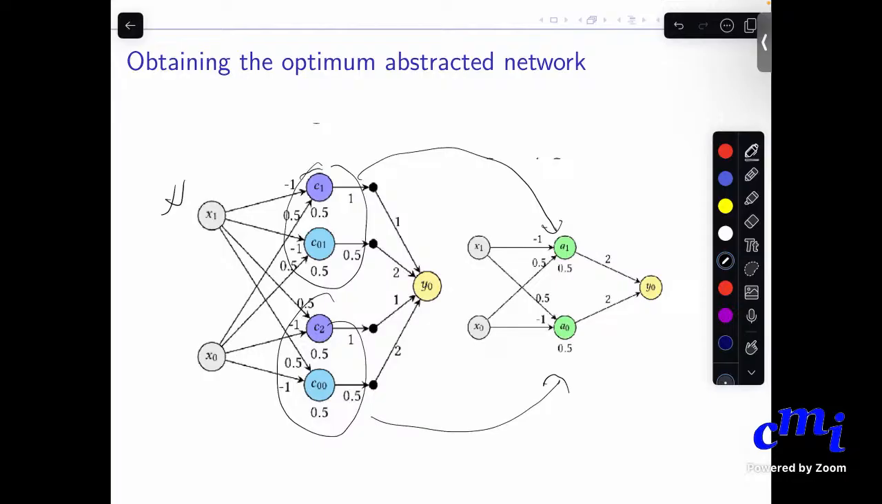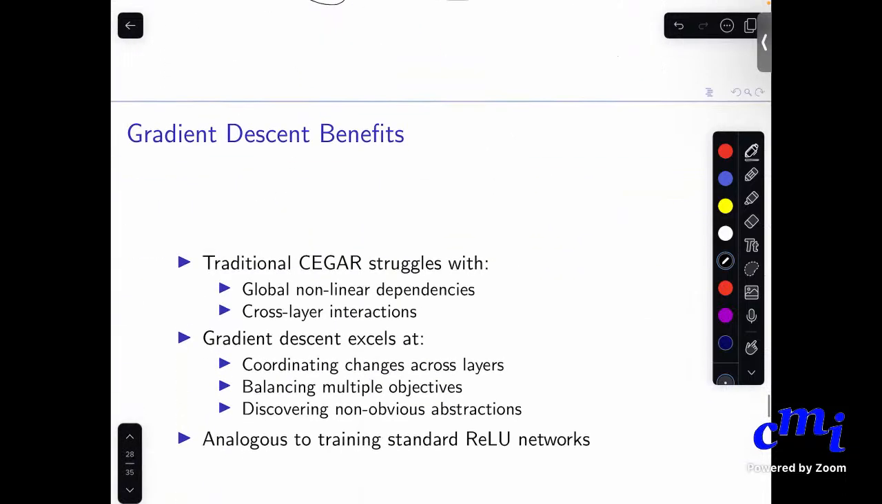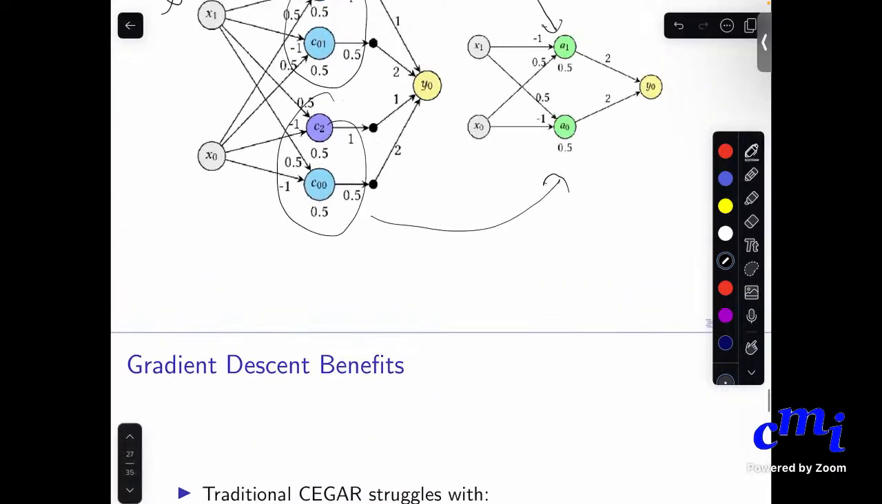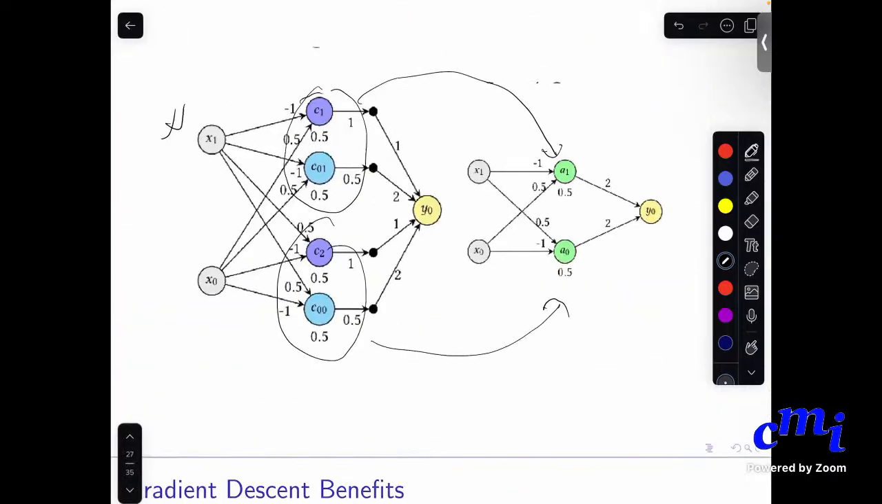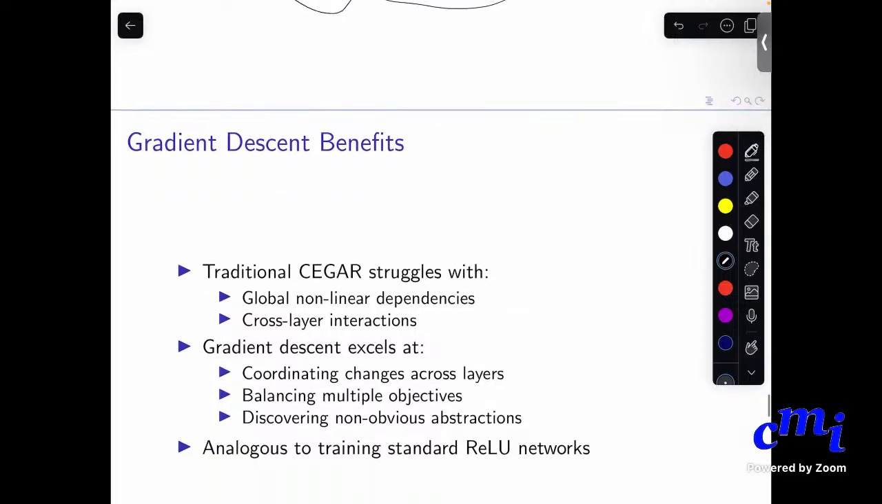So that's why when I was mentioning the abstracted network was optimal, I meant optimal by this notion. So the gradient descent benefit is optimal with respect to the loss function that you have defined. Yes. So the benefits of gradient descent is